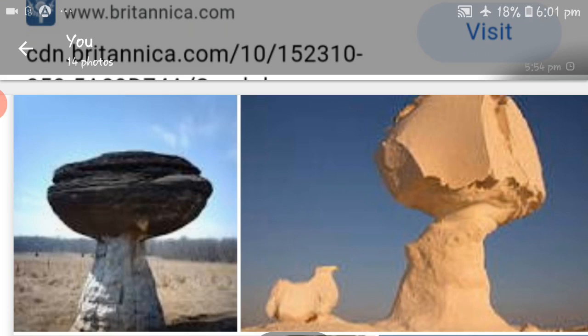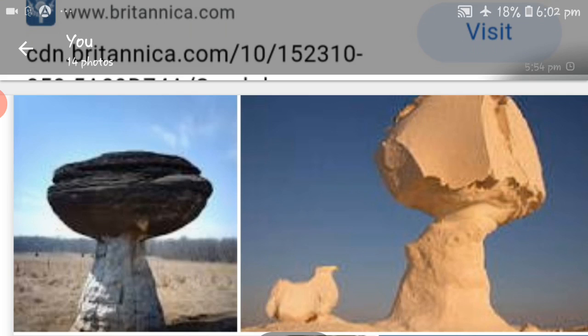So how do these mushroom rocks form? As I said first, desert is an open area where vegetation and trees are absent. That's why the wind will move with great speed.